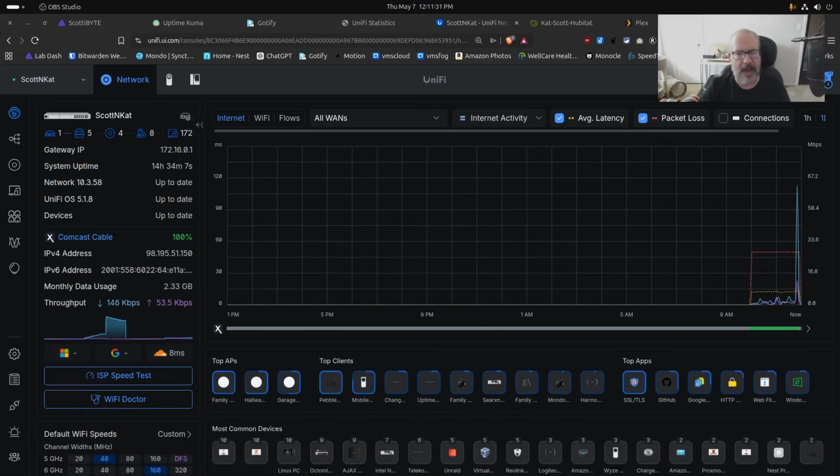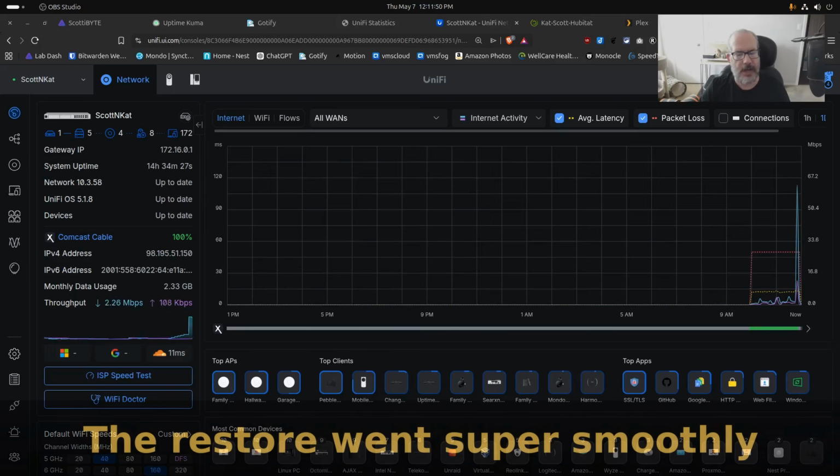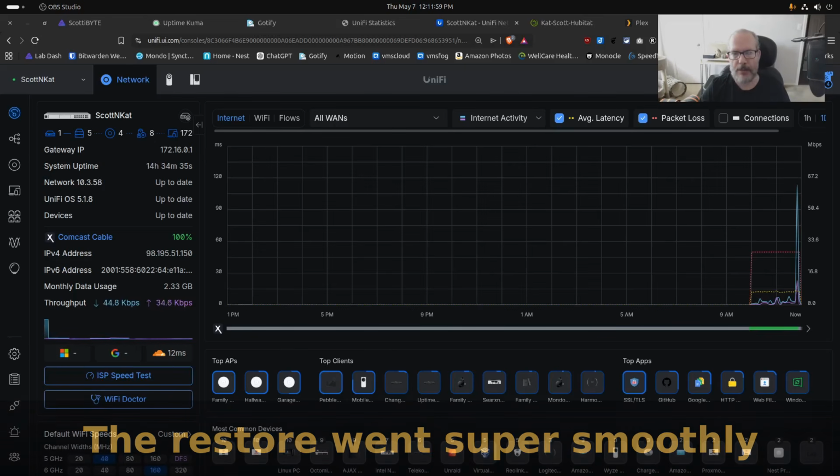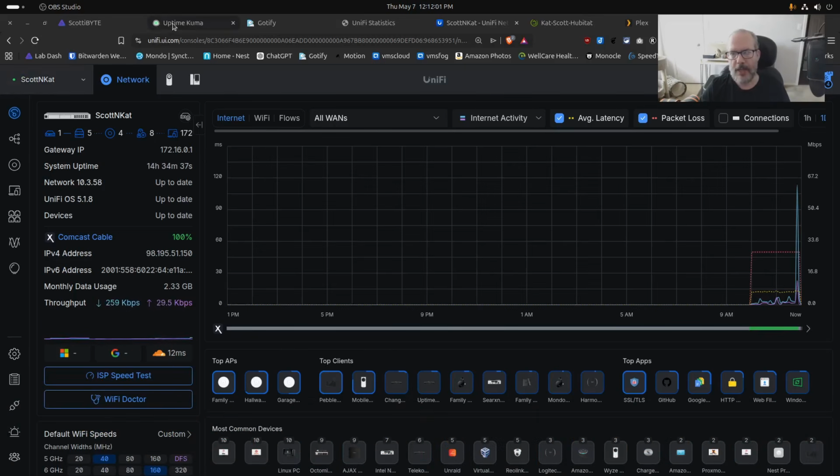So what you're looking at is an absolutely smoothly running UDM Beast. What I did was I backed up my UDM Pro, and after I did that backup to the cloud, I went ahead and deinstalled the UDM Pro from the rack, installed the UDM Beast, and then during the setup, I restored that cloud-based backup. It restored absolutely flawlessly and appears to be up and running 100% perfectly. Except,